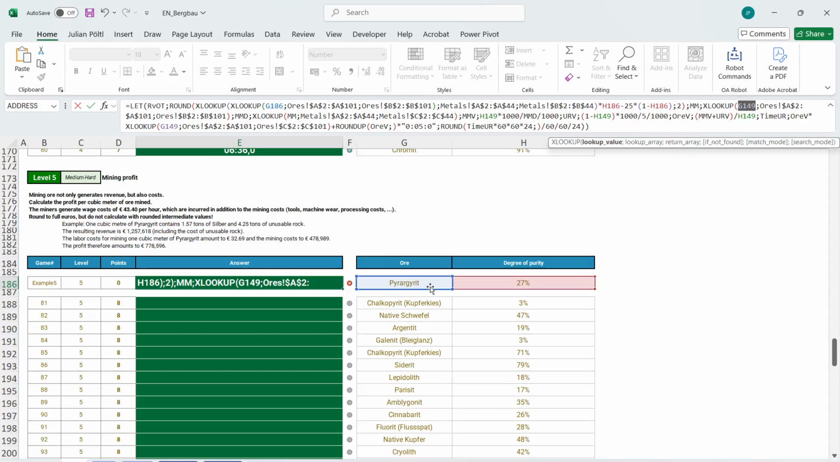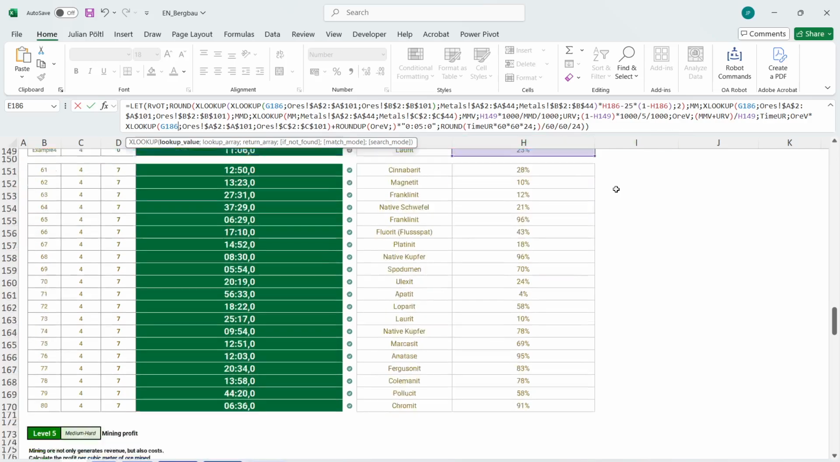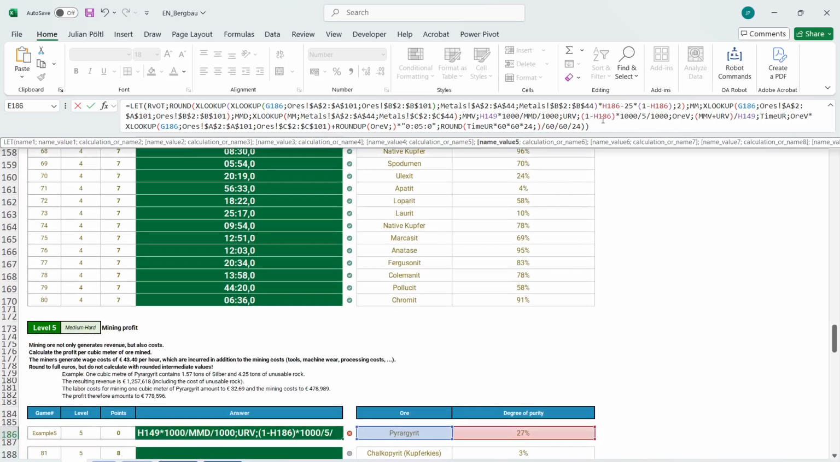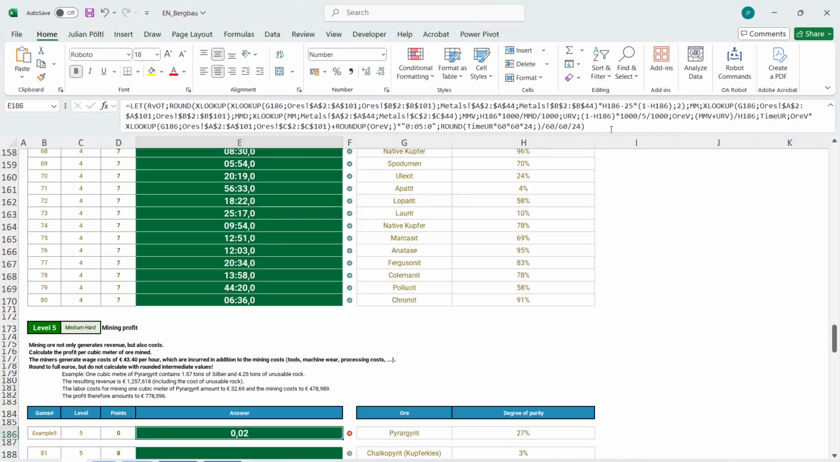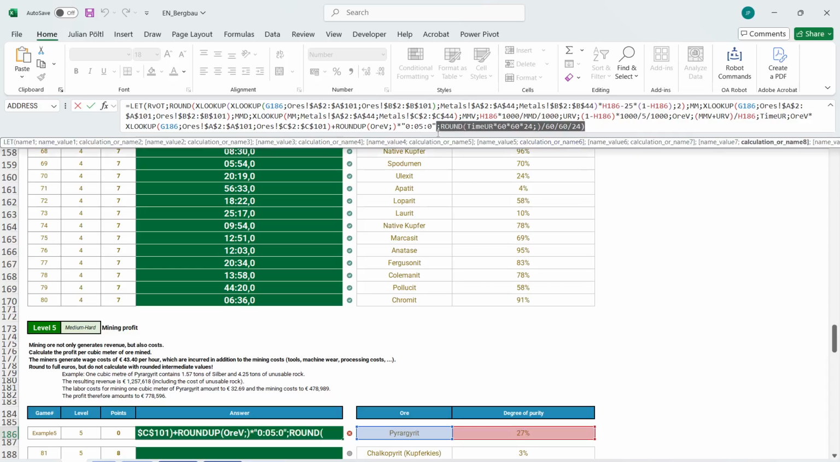Just needs to adjust this here. G and H. Yes, and now yes. So this is then time rounded. So now here we have the